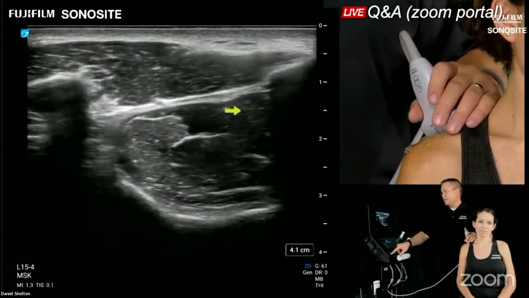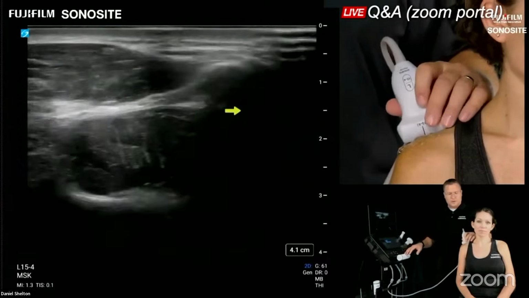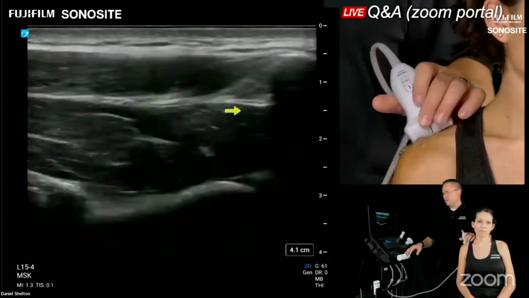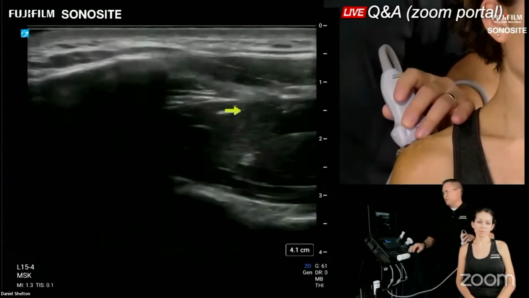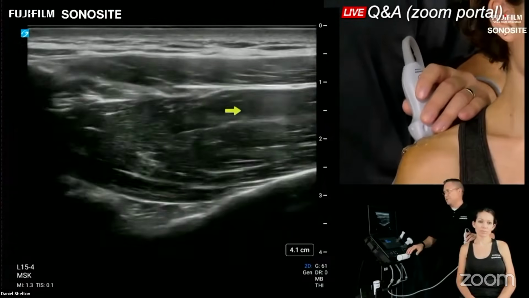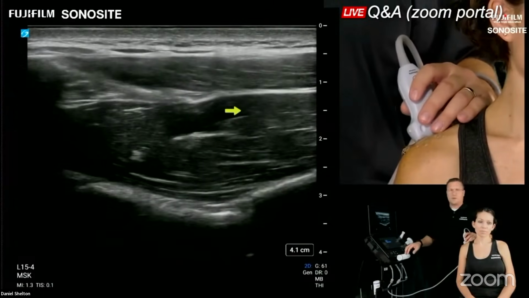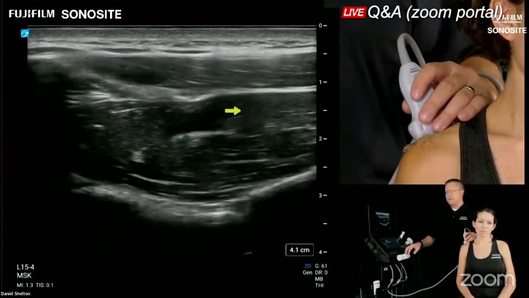Going into the suprascapular area is kind of bonus. It's one of those things that once you see it, you can't unsee it, kind of anatomy. And you do go check that area out every once in a while, just to see if maybe there's something invading the area of that suprascapular nerve that you could go check out, like a cyst, maybe